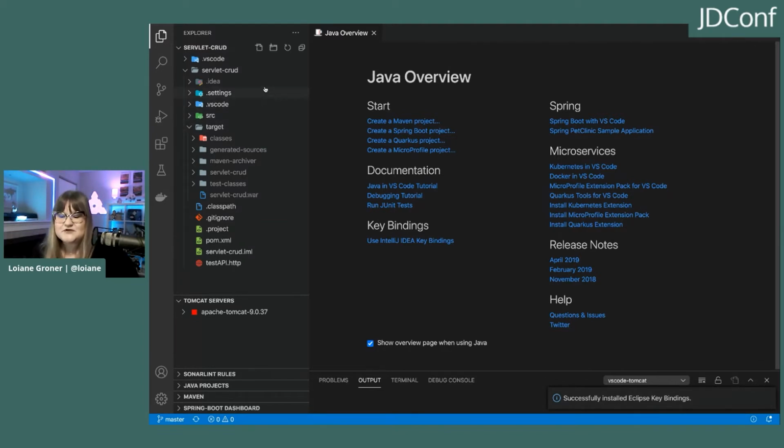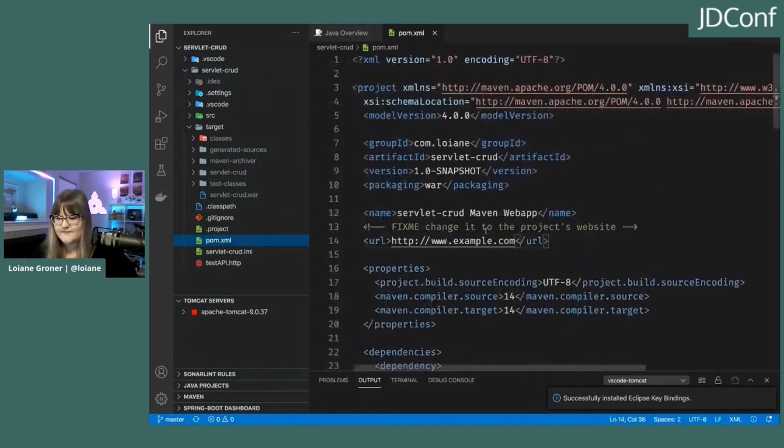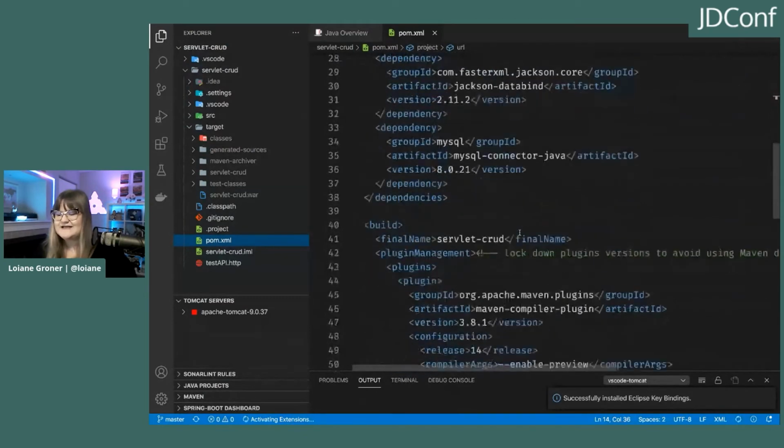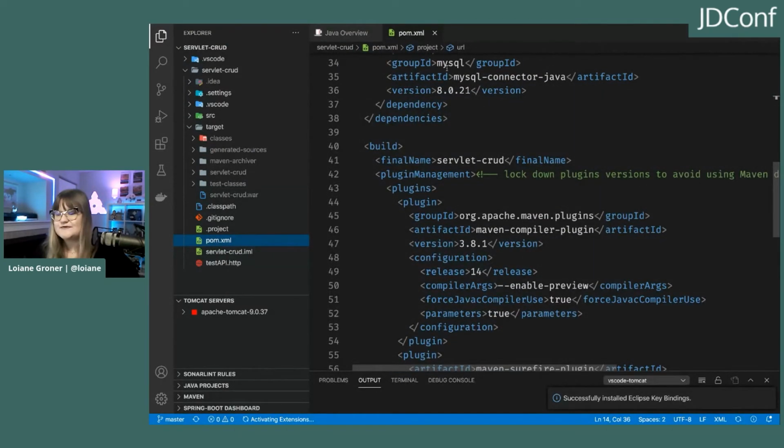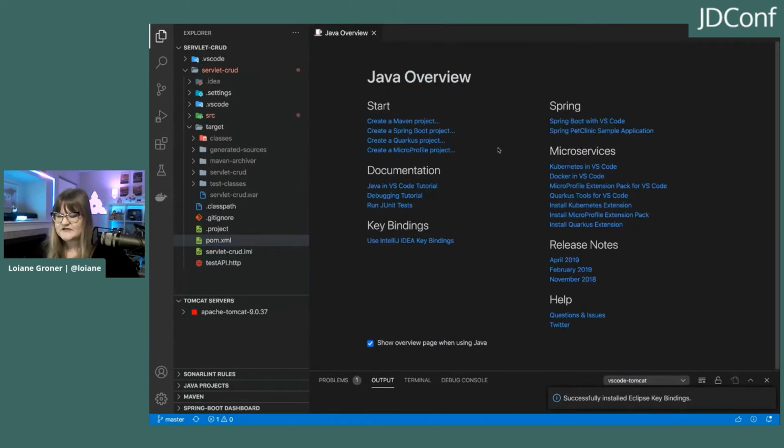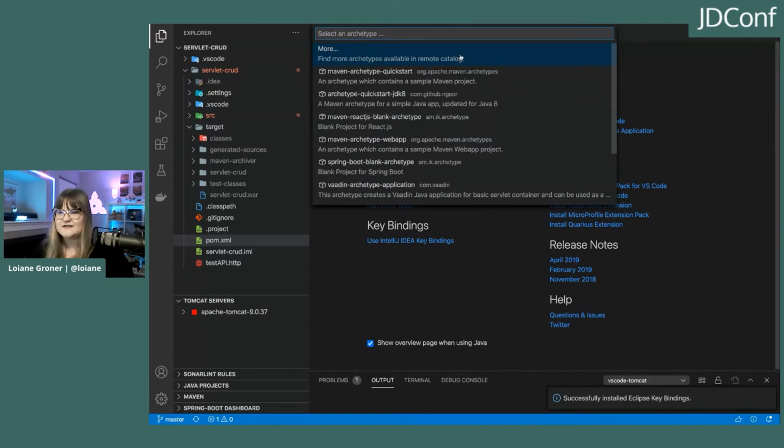Now, as I mentioned before, this is a Jakarta EE or Java EE project that we have right here. So we have a pom.xml, and I did create this project entirely using VS Code. So basically what I did is I have the Maven extension installed because I did install the Java extension pack by Microsoft. So I can just come here, the Create Maven project, and I do get this pop-up on the top,